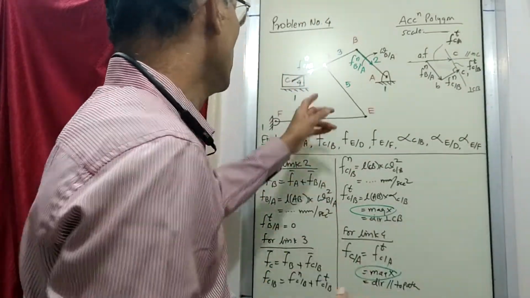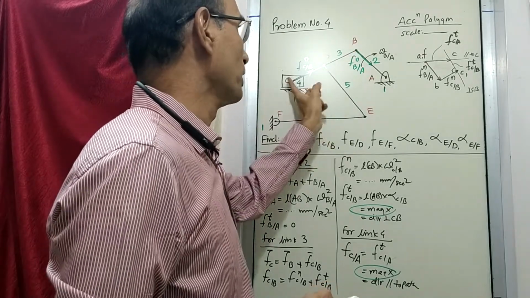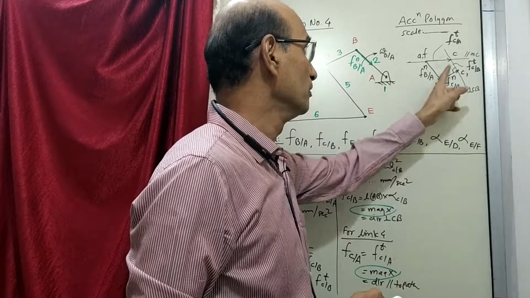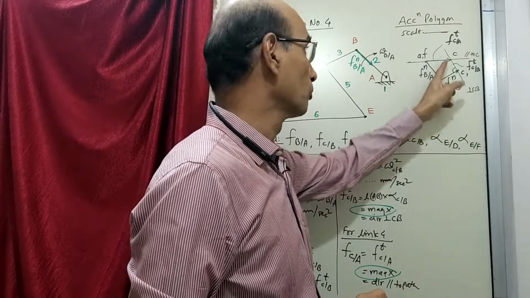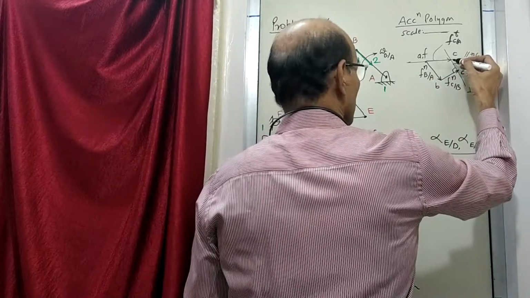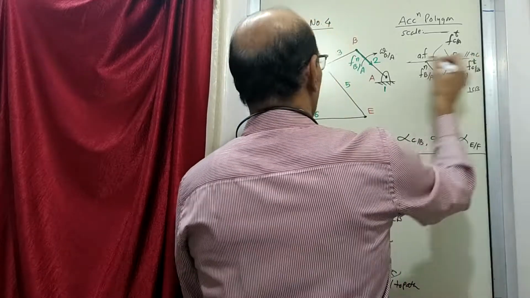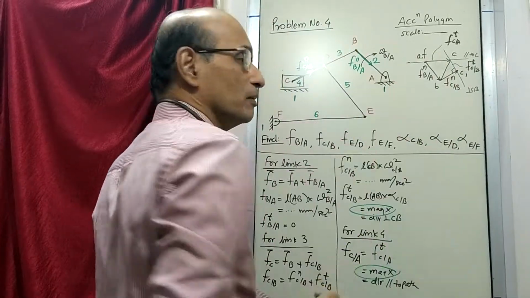Now we'll go to the next part. We are going to this part. Now we have what? Point B and point C here. This final B, final C. So we have got both these points B and C. So we join these 2 points, and then this BC line is equivalent to this BC line.